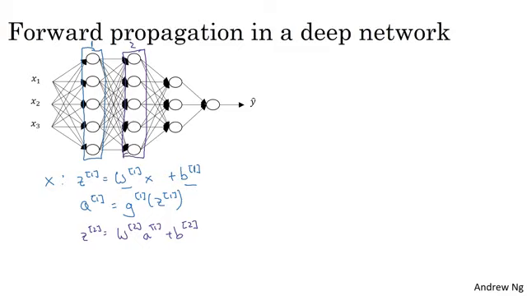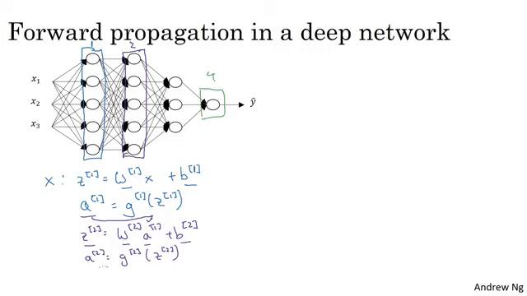So the activation of layer 2 is the weight matrix times the output of layer 1, plus the bias vector for layer 2. And then A2 equals the activation function applied to Z2. Okay? So that's it for layer 2, and so on and so forth,